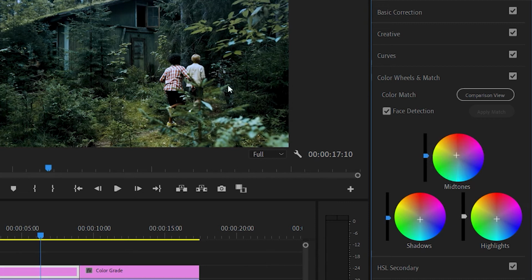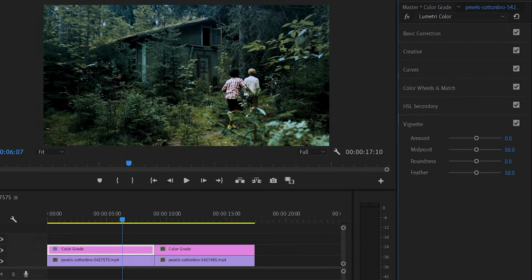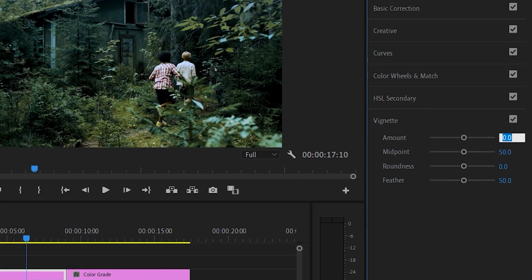So I think this is good enough, so you can see the difference in the footage. Now it's turned for vignette, and the amount I am going with is a very little amount we will be using here, that is -0.1. Yep, -0.1. So you can see it adds a lot. Here is the before and here is the after.